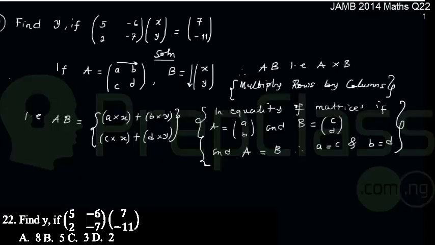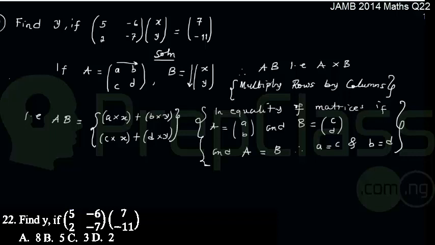You're looking at question number 22. Question number 22 says find y if I have two matrices multiplied together. I have a 2 by 2 matrix which consists of elements 5, minus 6, 2, minus 7, and I have a 2 by 1 matrix. It's a 2 by 1 matrix since it just has 2 rows, x and y in those rows, and just 1 column, and is all equal to 7,